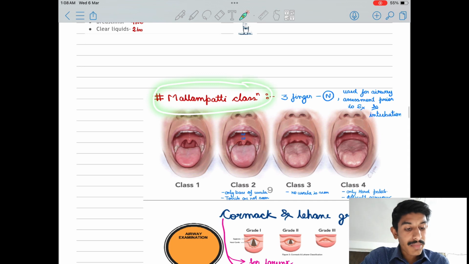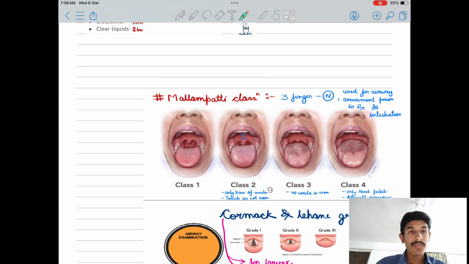Then the Mallampati classification. What is the Mallampati classification? Whenever you have to do intubation for the operation, you check the patient's airway for intubation. For example, there is the Mallampati classification. You will tell your patient to put 3 fingers in his mouth. If he can do this, his mouth opening is normal. In that you can see the uvula, you can see the glands, and you can see the opening is clear. In the second one you can see the tip of the uvula. Here you can see a big piece, here you can see a small piece. In the third one you can't see the uvula, and in the fourth one it is more difficult. So the bigger the opening, the better.